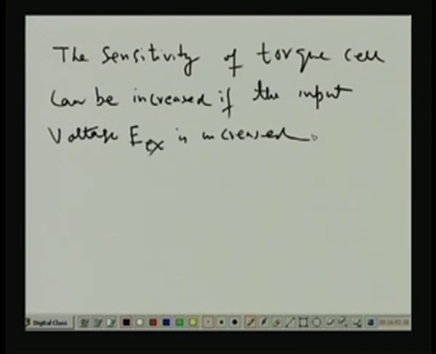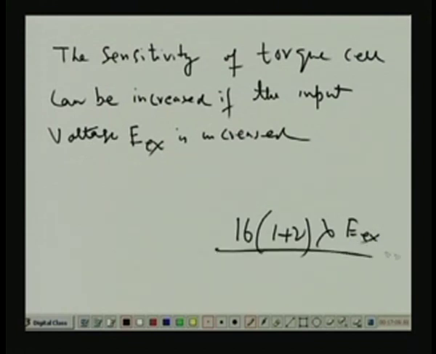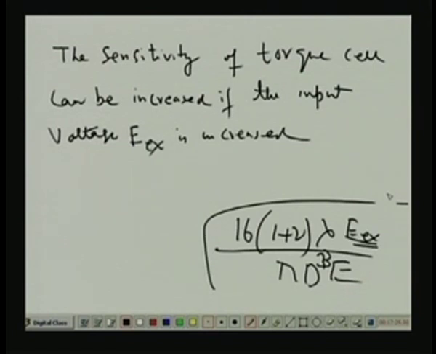Because sensitivity is 16 (1 plus nu) lambda Ex upon pi d cube E. So if I increase Ex, obviously my sensitivity will increase, right? Voltage Ex is increased, so that is given as it is. So that means if I take this one,